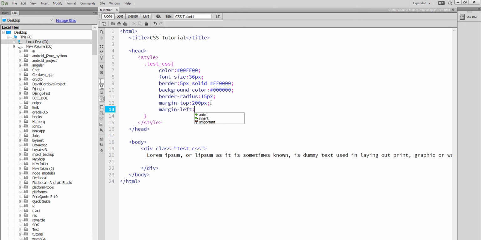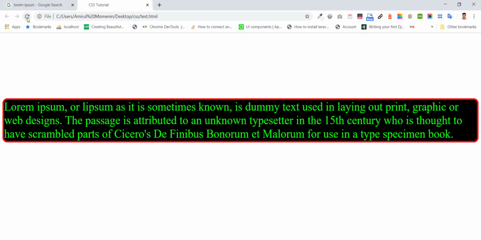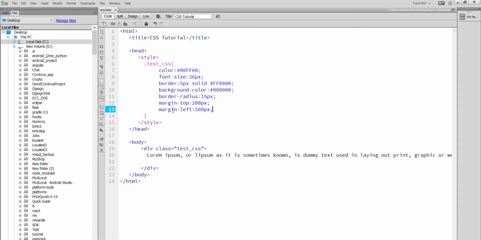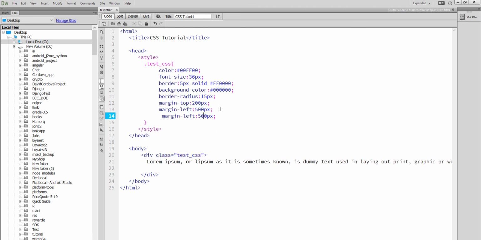Margin left, suppose 500 pixels. From right,